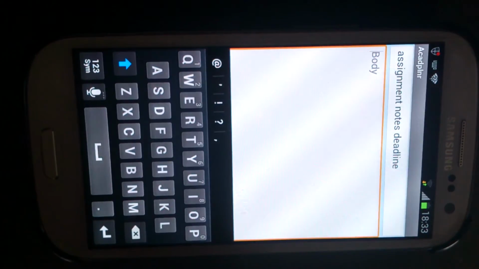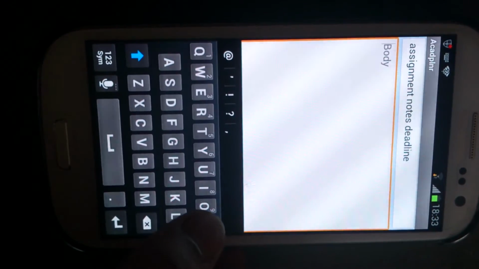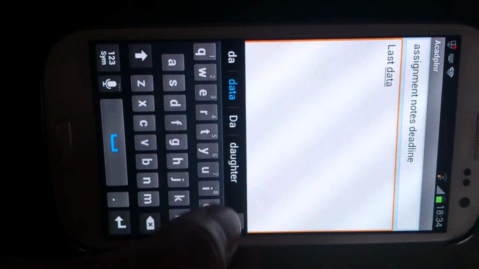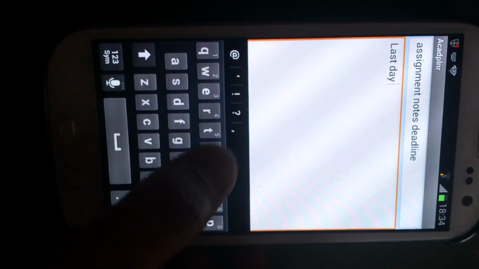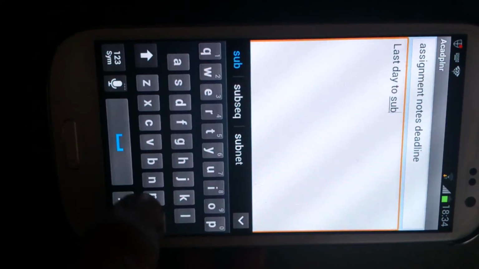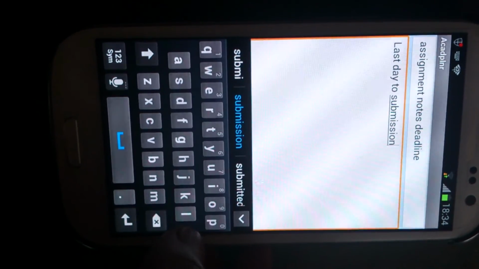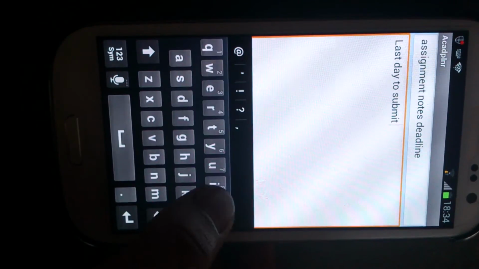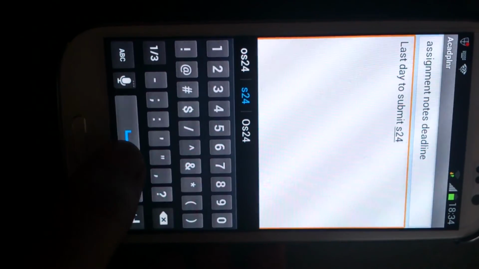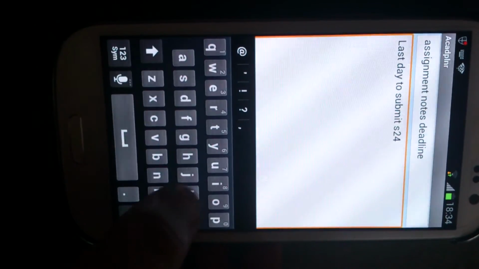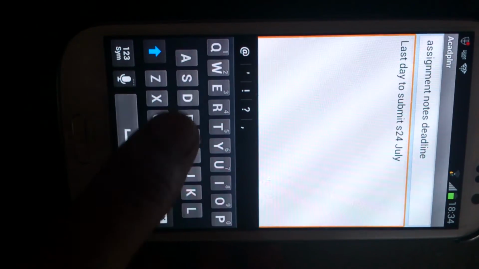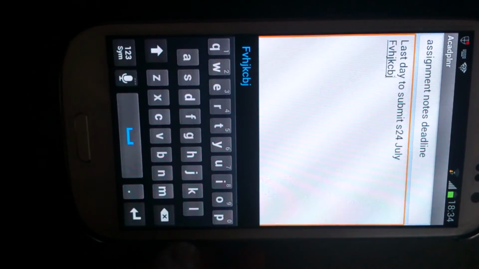And I can add anything that I want to add, like last day to submit is, let's say, 24th July, or anything else that I want to add, any random stuff.